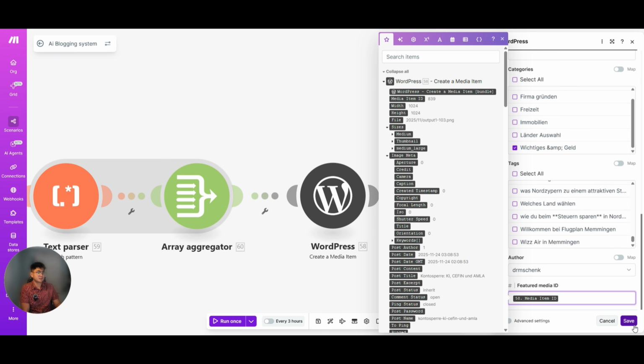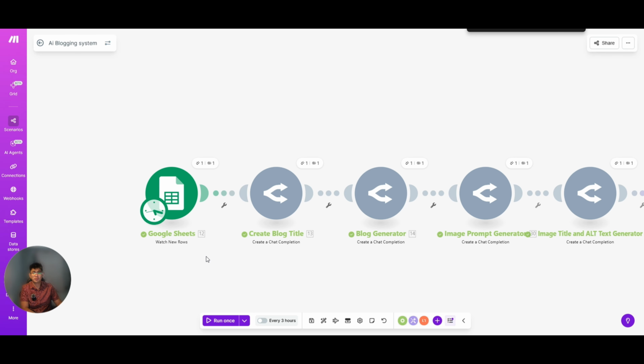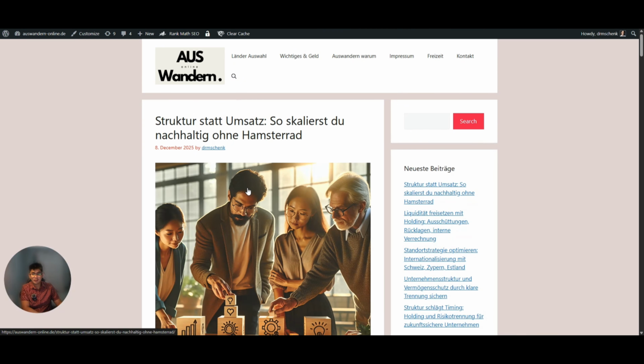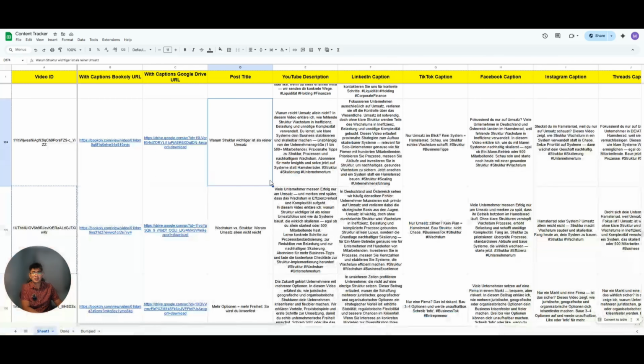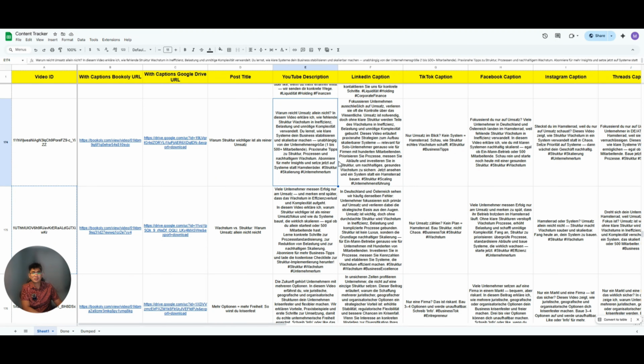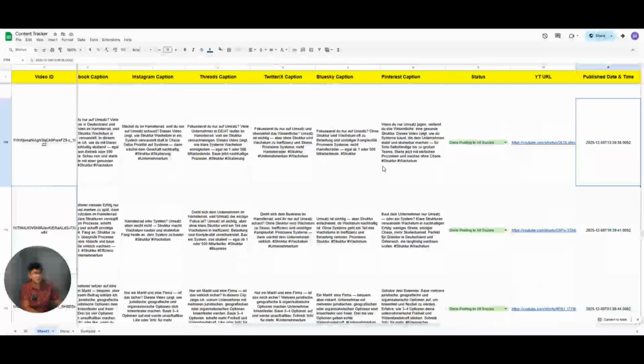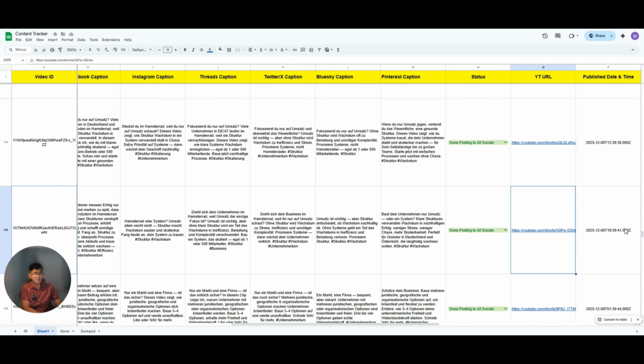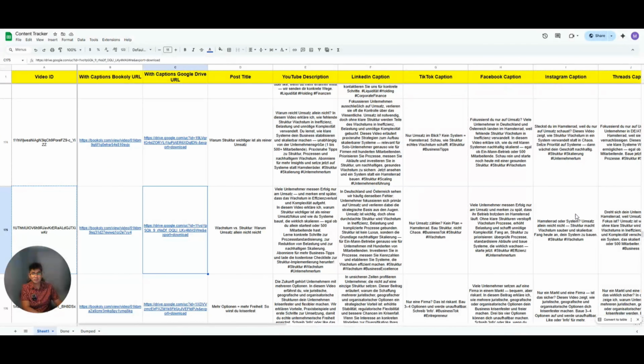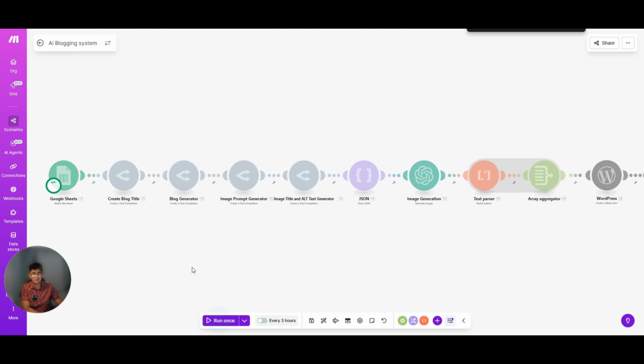And yeah, we will be running this automation so we can see it live in action. Now we will just check. This is the latest post from December 8th. This is the title, based on the caption, so this is the latest post uploaded, dated December 8th. Now let's see if the next post will be processed and uploaded to WordPress blogs. Right, let's run this.